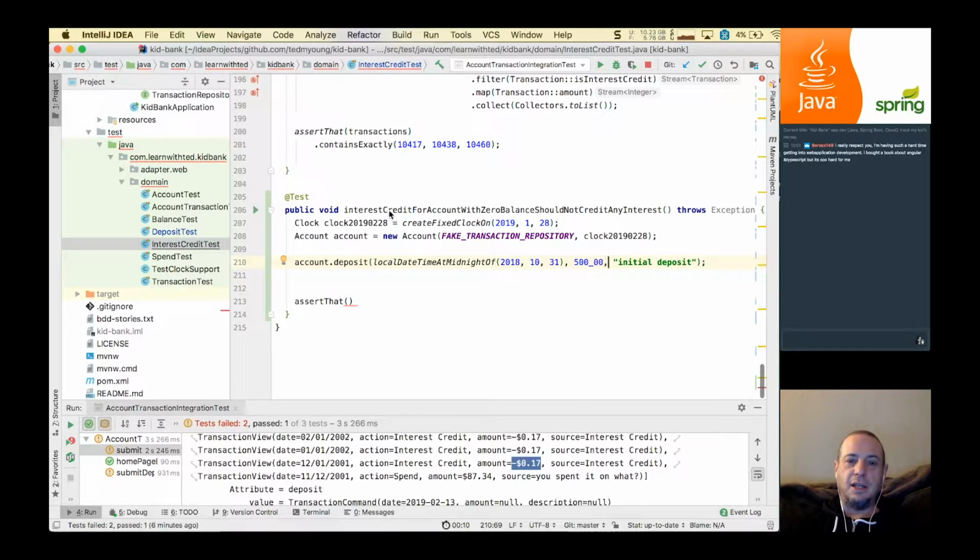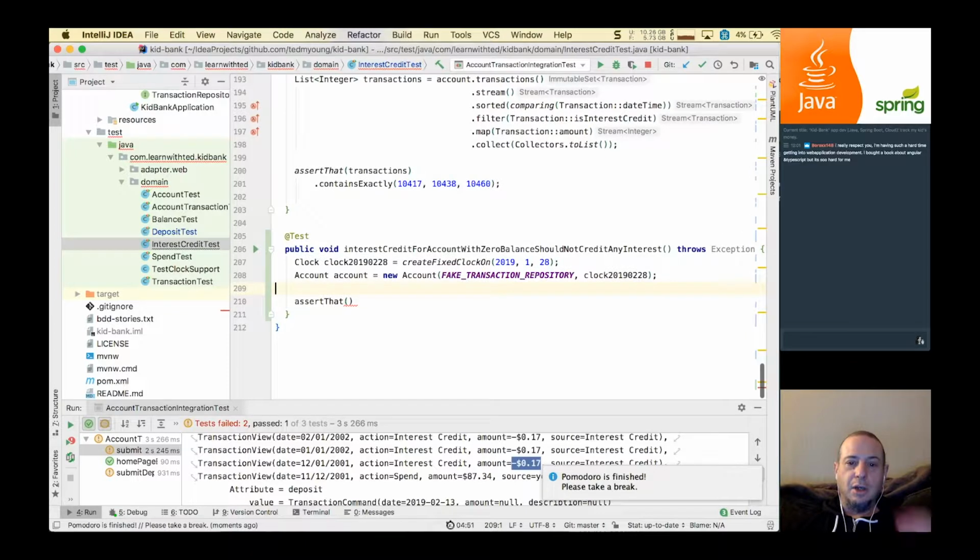Okay, so basically the idea here is we made a deposit, and we want to say interest credit for account with 0 balance. So basically we don't want to deposit at all. And Pomodoro time, so I'll take a break in just a minute. We don't want to deposit at all. We do want to say that,